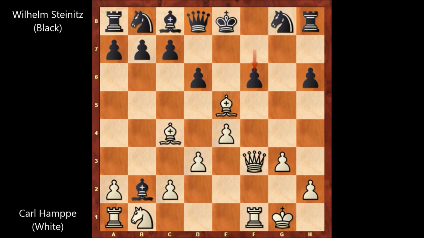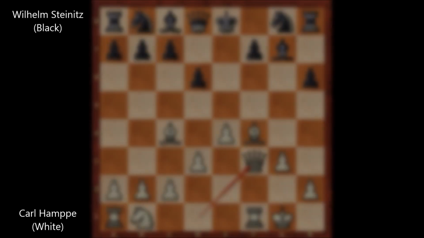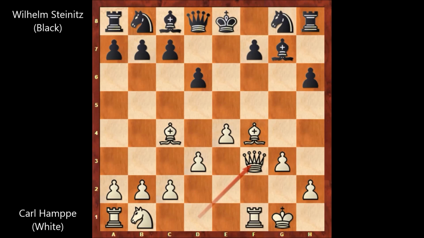If f6, defending, then queen to h5, that's check, king to d7 and bishop takes on b2. Well, in this position, material is equal, but white has the better position, and black is losing. White is better. So that was the little trap of Karl Hamppe. This is why Steinitz didn't capture the pawn on b2, and he played queen to e7,